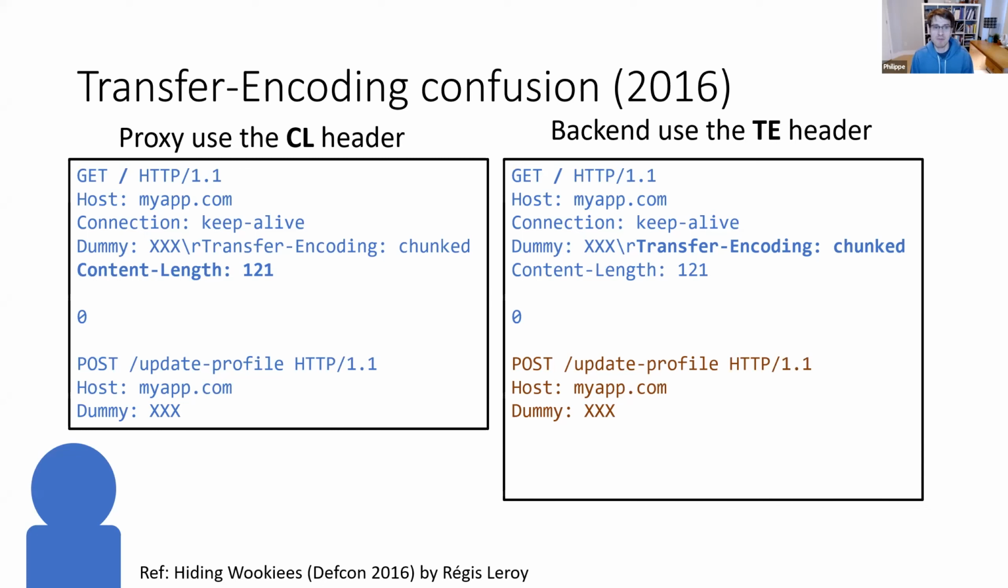So in the first paper, this scenario with transfer encoding and content length was presented, but here I'm going to present some examples of variants that were found later on. So Régis Leroy, in his DEFCON presentation, presented one of the scenarios where he found that, I think it was in Node.js, when it was parsing headers, the parser was